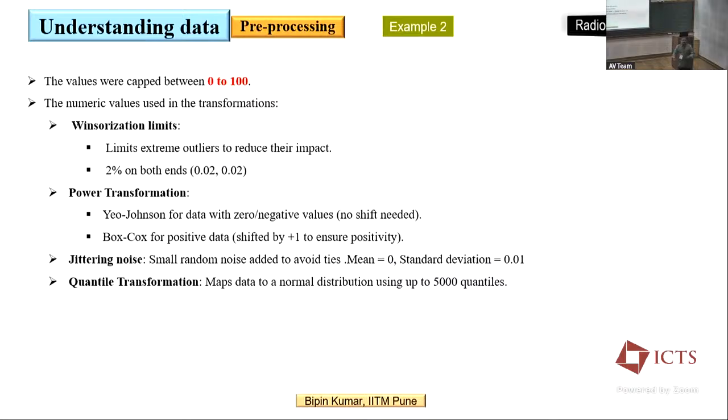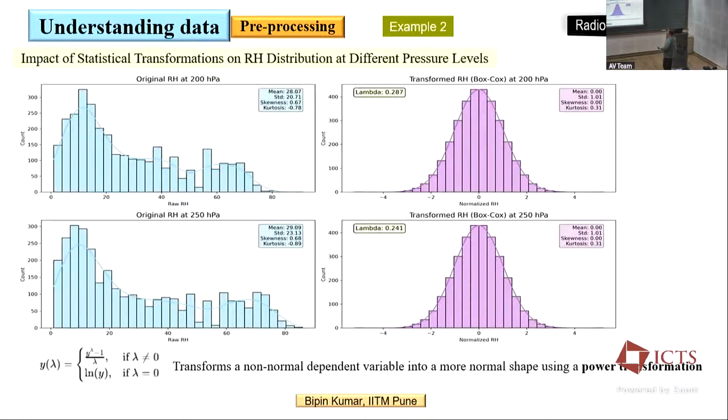Previously I said we concluded that we can go with e to the power ax. What the value of a should be I have not discussed; it depends. But in this case, see what kind of transformation we have used. For different variables we have to use different transformations. Here we have used Box-Cox, so from this distribution we came to this distribution. Once we come from here to here, we are in good shape.